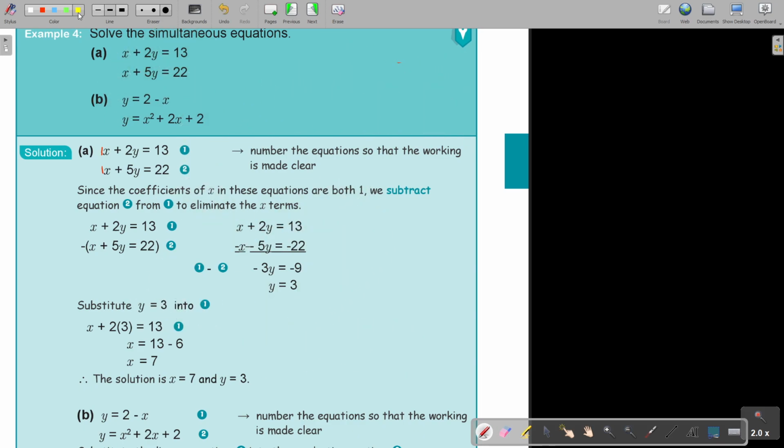Okay. This is a linear equation. Do you see that? But this one, you see the 2 there? That one is a quadratic equation. And now you cannot do elimination. Now you must do the method of